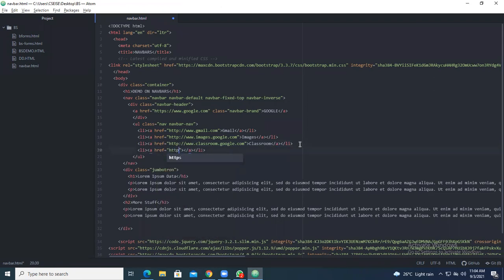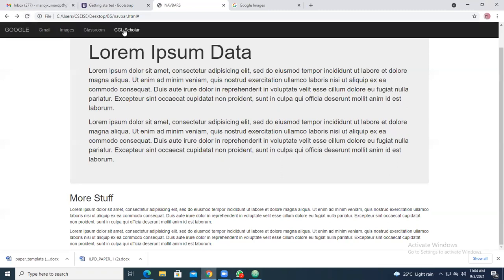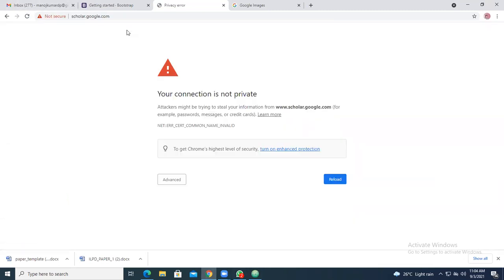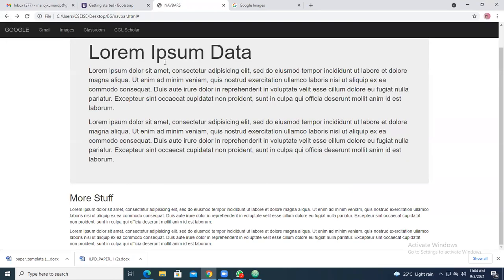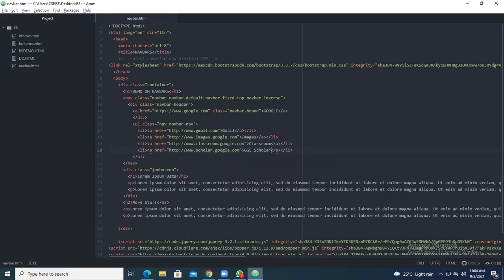In that you give http://www.scholar.google.com, and you give Google Scholar. Save this particular content and refresh. So you are getting Google Scholar. When you click on that, you should go to that particular site. I've given Google Scholar like that, but you can add different things here. For each item, you can have different things.